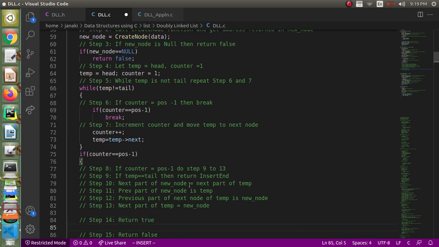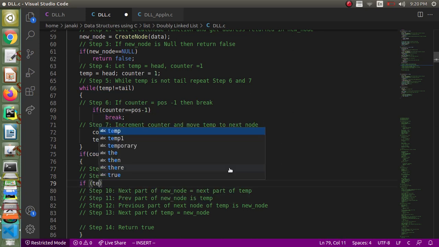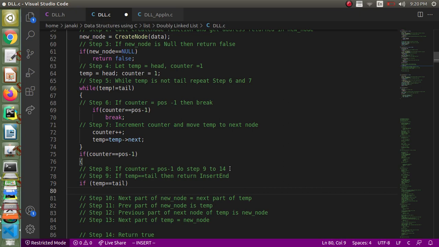We have to return also, so it should be step number 14. What we do, if temp equal to tail, we have to check that. If temp equal to tail, then you call insert end and return insert end function with data, right?